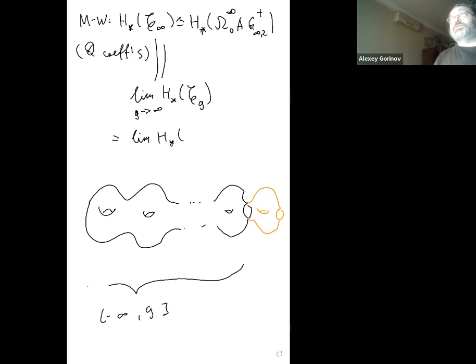Then we stabilize, and the result is the same as the classifying space of B